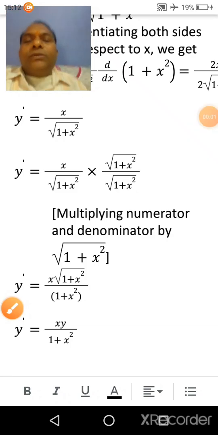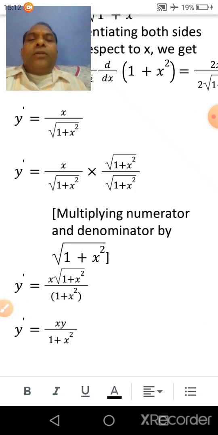Okay students, you have to remember to check whether the given function is the solution of the given differential equation. You have to find y dash, y double dash, y triple dash and put it in the given differential equation. If LHS is equal to RHS, then function will be solution, otherwise not solution. Or with the help of given function, if you find differential equation, then the given function will be the solution of the given differential equation.